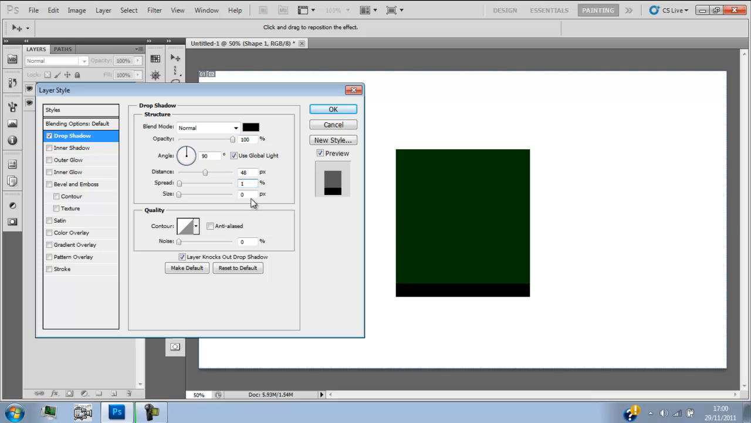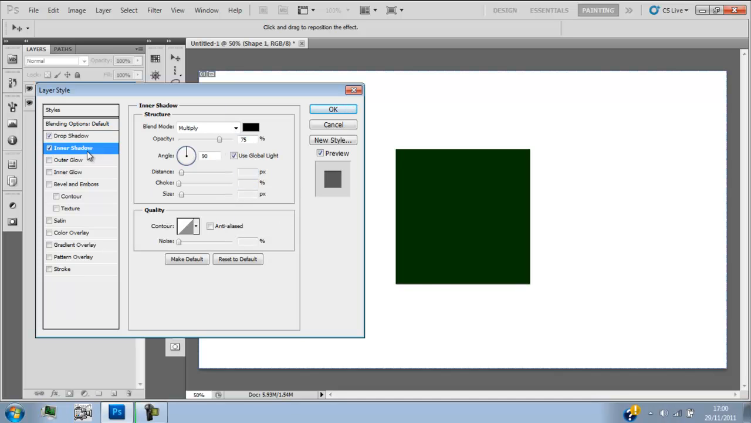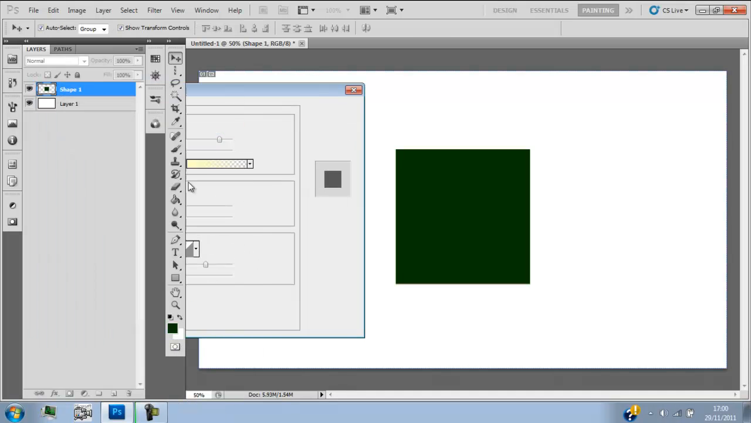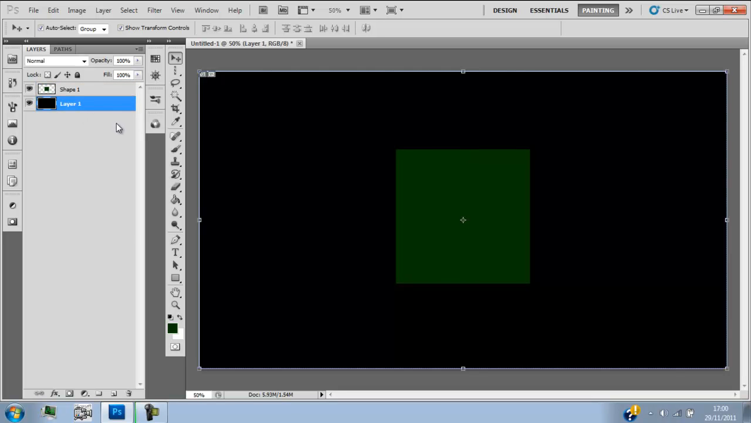So, one just gives you a light effect, and then inner shadow gives a shadow on the inside. Outer glow gives it a glow. I don't like the inner shadow though. Outer glow gives it a nice glowy effect. Just click on normal. Actually, if we invert the background,